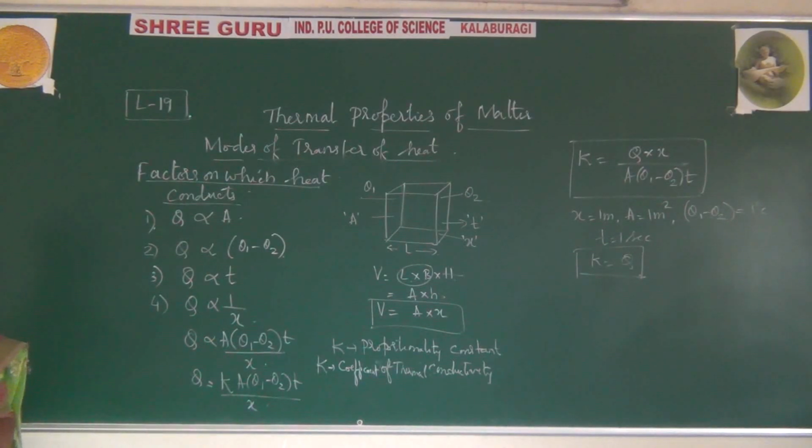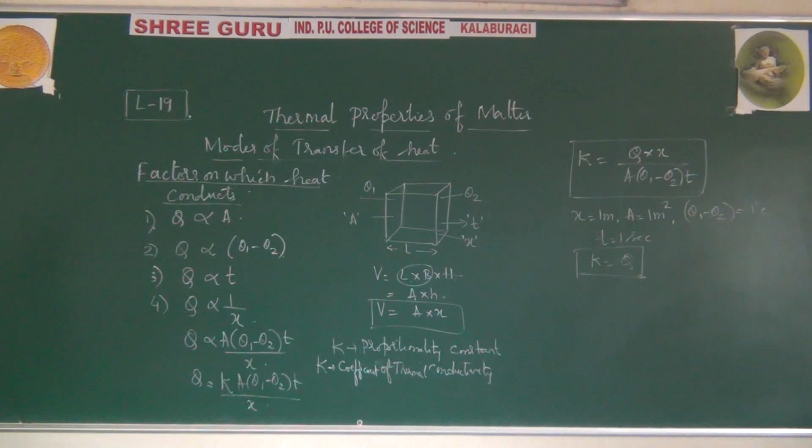It can be defined as the quantity of heat that flows through a conductor with unit area of cross section, in unit time, when the opposite faces of the material are kept at unit distance apart. Then the coefficient of thermal conductivity is equal to the quantity of heat. How? The coefficient of thermal conductivity can be defined as the quantity of heat.